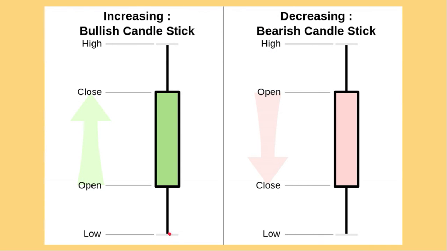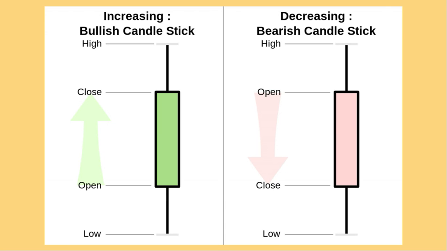These points over here indicate the lowest stock prices in the time period, and these points over here indicate the highest stock prices in the time period. The time period of each candlestick could be anything: 1 minute, 1 day, 1 month, 1 year, or anything. This is known as the body of the candlestick. This is the lower wick of the candlestick, and this is the upper wick of the candlestick.